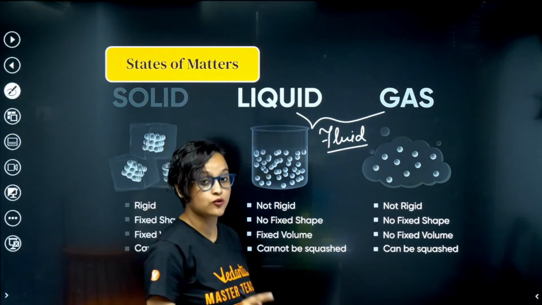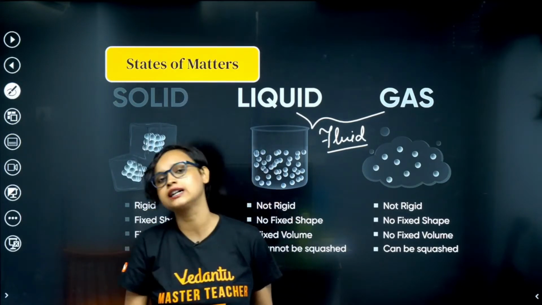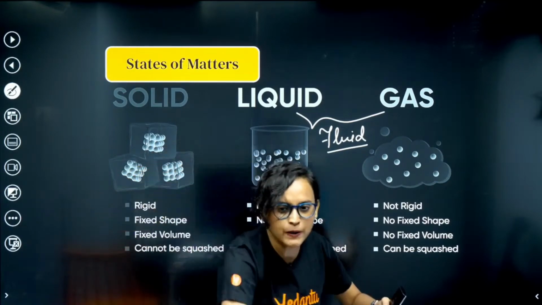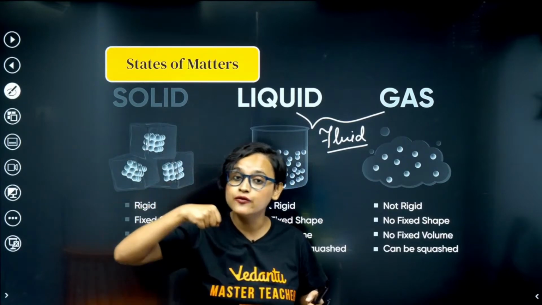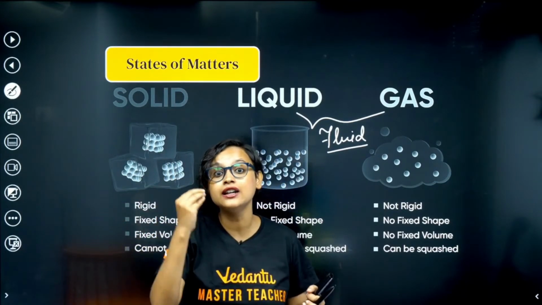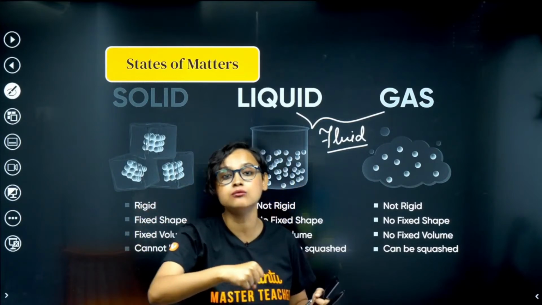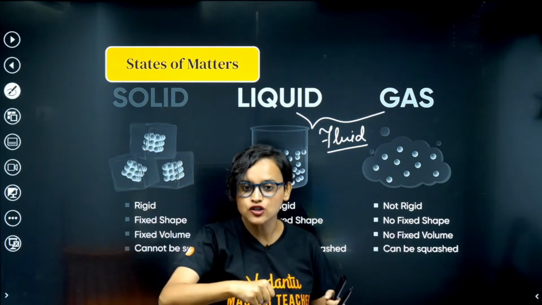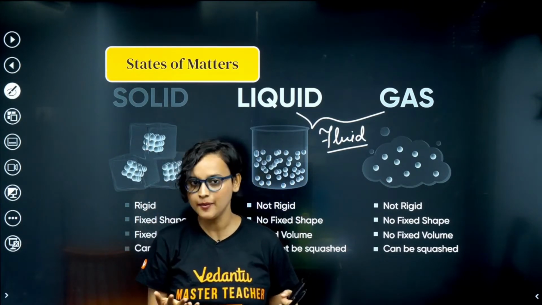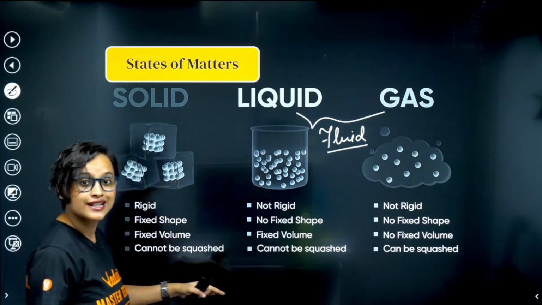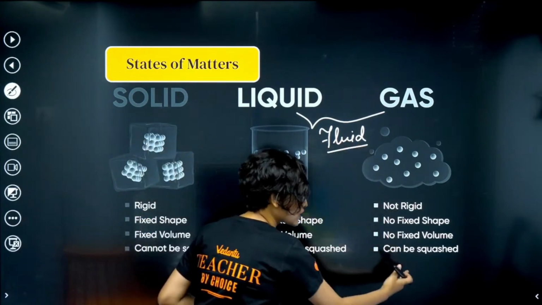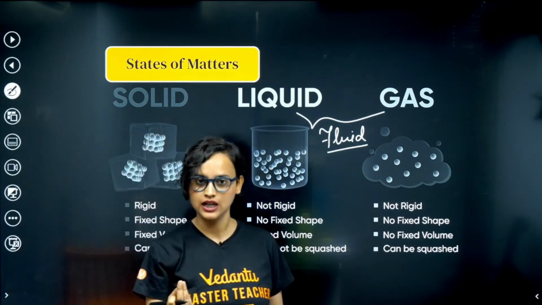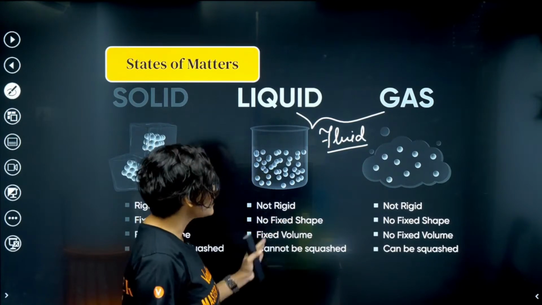And of course, it cannot be squashed. Now, this is not truly correct, okay? Liquid, let's say that you have a bucket of water, right? Now, if you try to punch it, what will happen? Your hand will go inside, there will be a splash of water, but your hand will not reach the bottom of the bucket. Will it? It won't. It will only reach to some extent and then it will stop. Am I right? So it cannot be squashed as much as you can squash the gas, but it can be squashed slightly more than the solid. Understood? Yes?